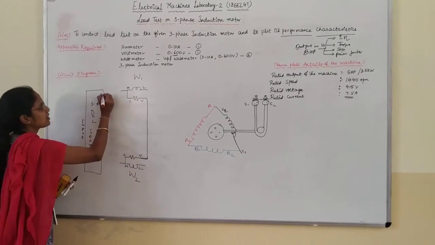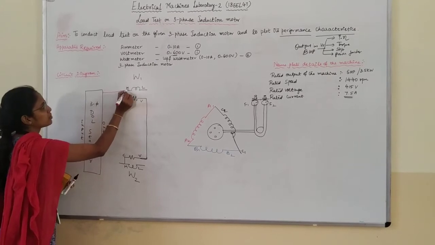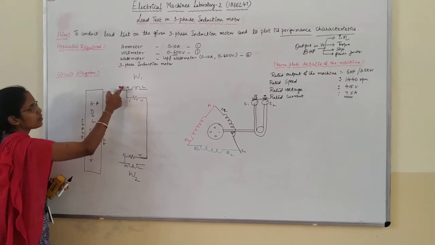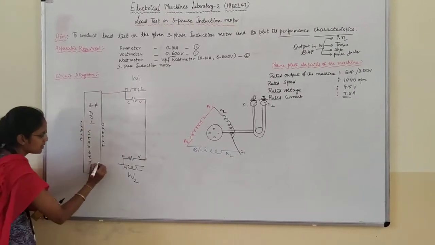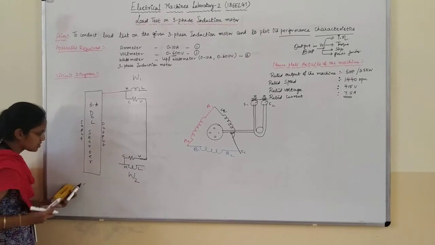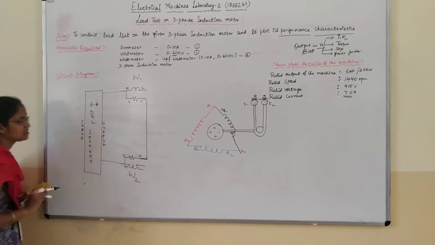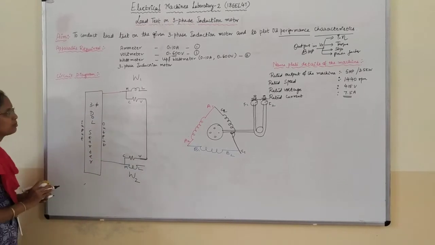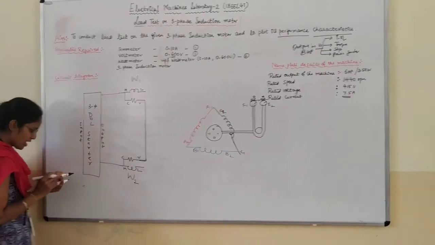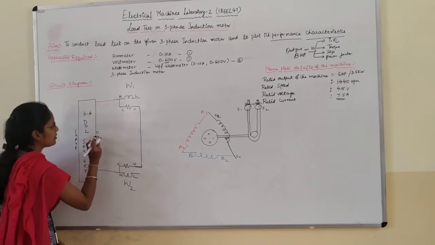So here you can see that this output part can be directly connected to the main, that is M stands for main of a wattmeter W1, and similarly the other part of this can be connected by making use of the blue color, since we have a 3-phase. So R, Y, B, we are going to make use of the arrangement. And one more terminal will be left out here.